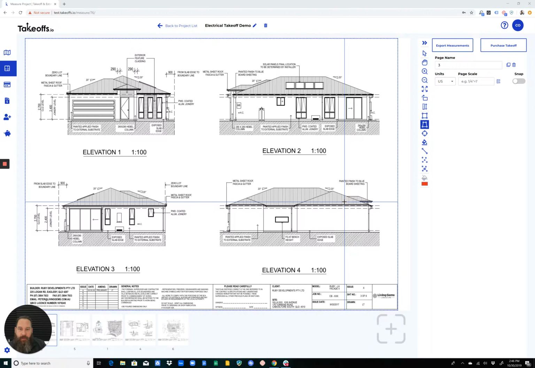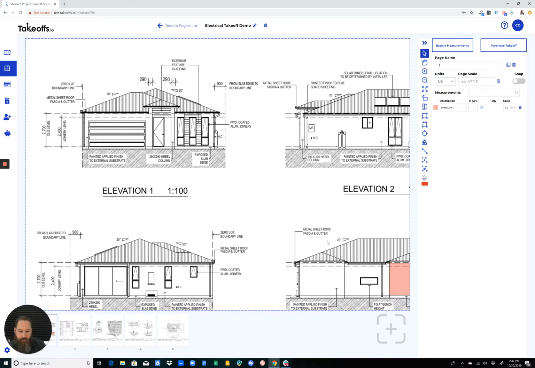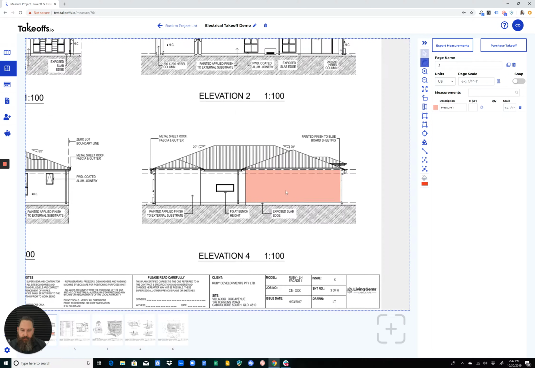Just want to show you our new autofill feature. To access the autofill feature, I'm going to grab this icon right here. The way it works then is it's going to automatically fill in an area that's enclosed by some lines. So we can click right on here, and what you see is the autofill feature has automatically filled in this